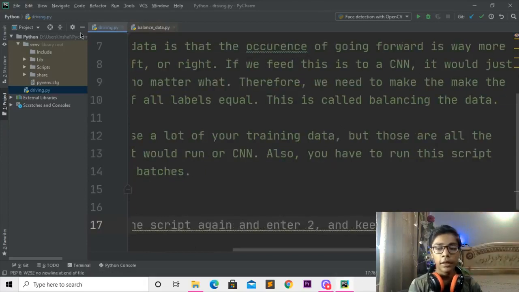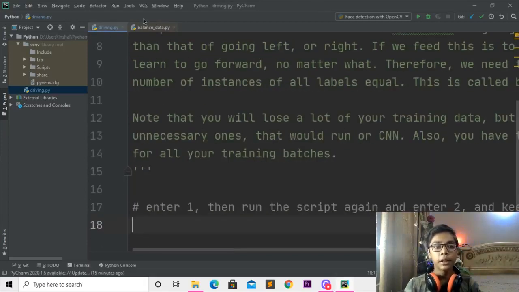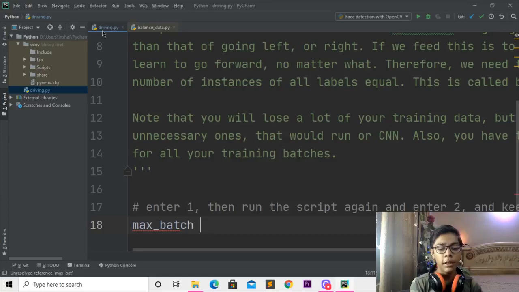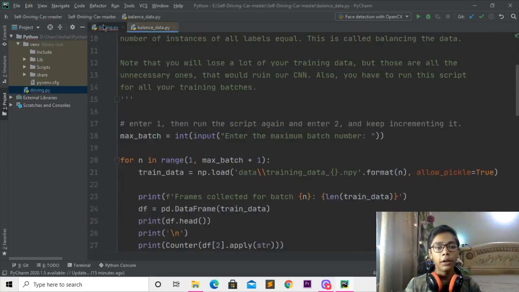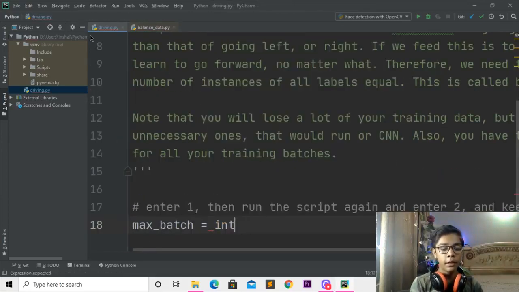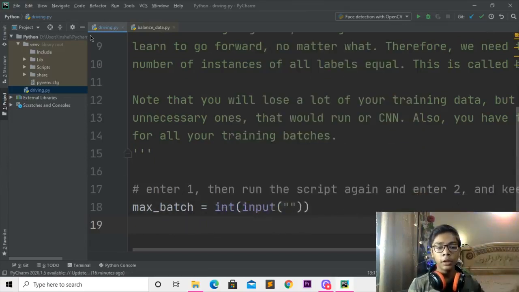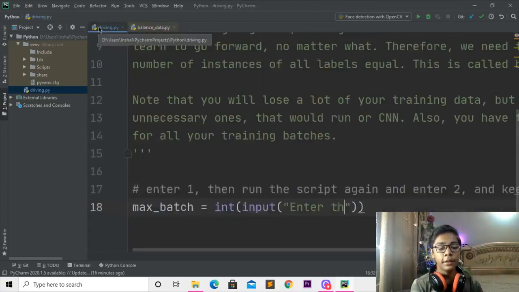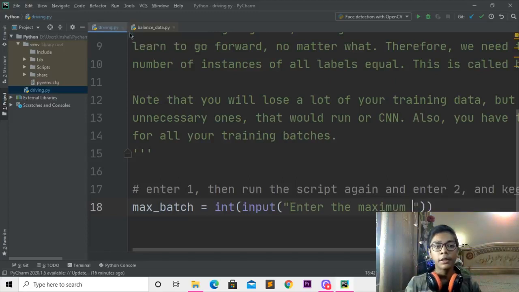Write that. When you've done with that, I'll come underneath, and you can see the error which was coming is now gone, because it was not really an error; it was just getting the error because you were not defining that when you write a comment. So I'll be writing init input, and then come underneath, and here I'll go to balance data, then I'll be writing enter, and if I come here, you can see there's maximum, so here I'll be writing maximum, and if I come here now,